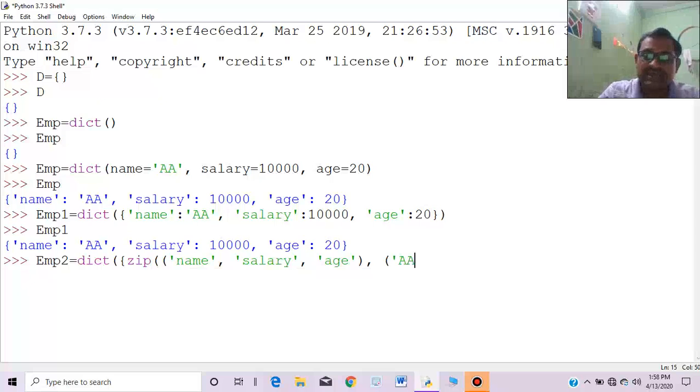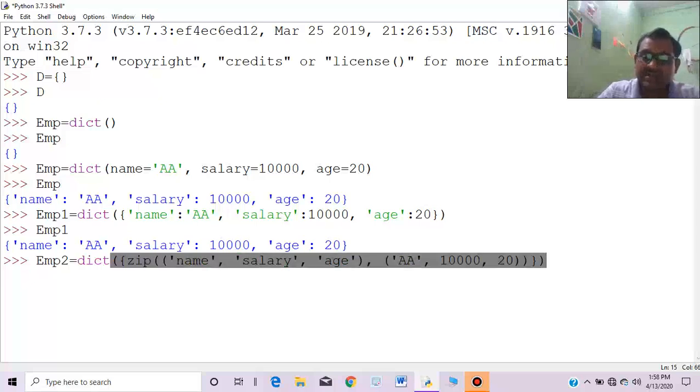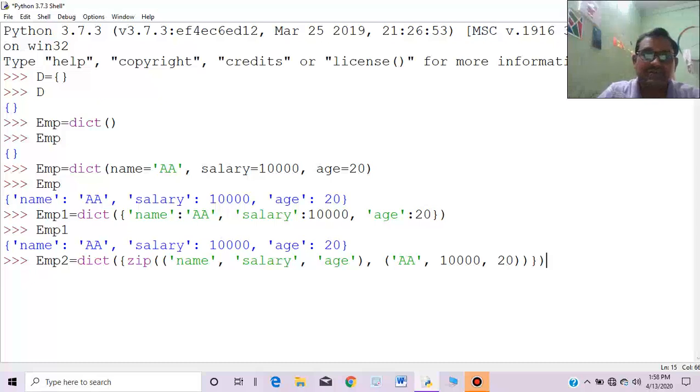The value of name is AA, value of salary is 10,000 and value of age is 20, like this. So I'm using this zip like this. What's happening here? No need to put this because zip is a function. Okay, so this is the way we can use zip.